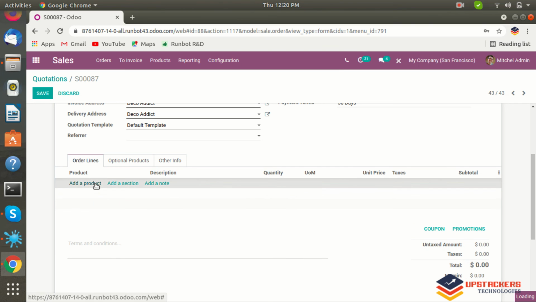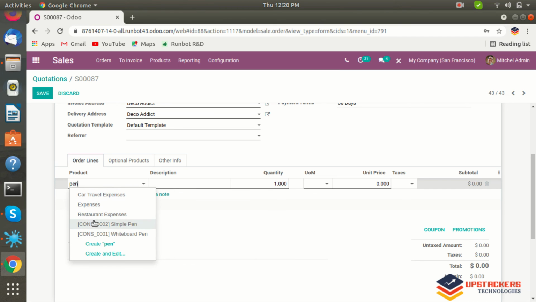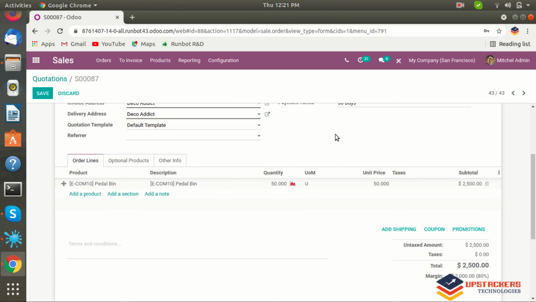Let's see what happens if we select pedal bin, then set quantity as 50. So our total is 2500.